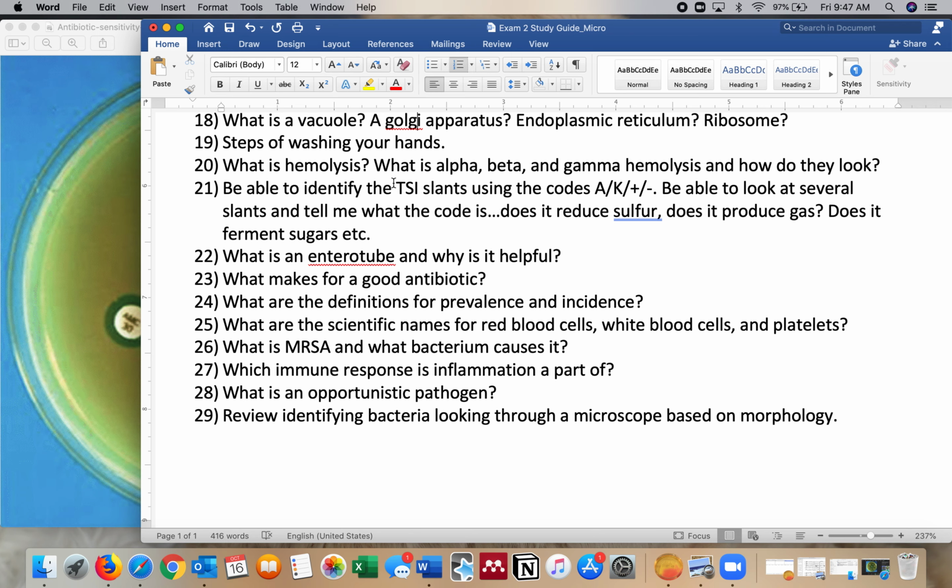The rough ER is covered in ribosomes that make proteins. And then the ribosomes, they can be part of the rough ER. They can also be free floating in the cytosol. And so what happens when we have transcription and translation, again, something that you guys probably already covered in micro lecture,